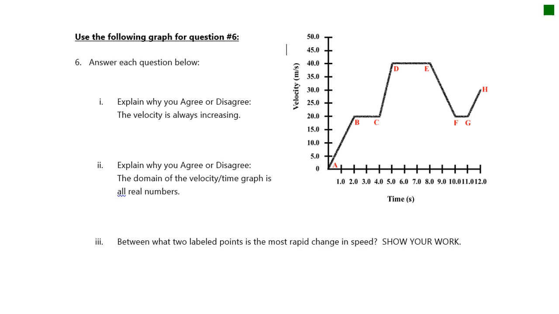Alright, the last one, all you have to do is tell me if you agree or disagree, okay? So it tells you that the velocity is always increasing. Well, velocity is on my Y. Is it always increasing? I'm going to say disagree, and you know why? Because I have the graph that's increasing, then it stays constant, then increasing, then staying constant, then it decreases, okay? So it's all over the place, so it's not just increasing. So I'm going to disagree, and I'm going to say